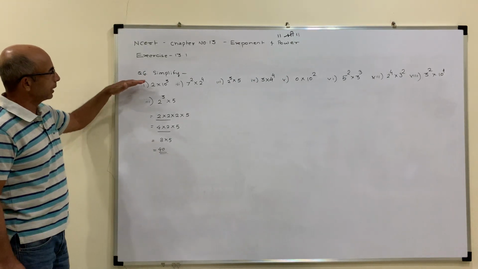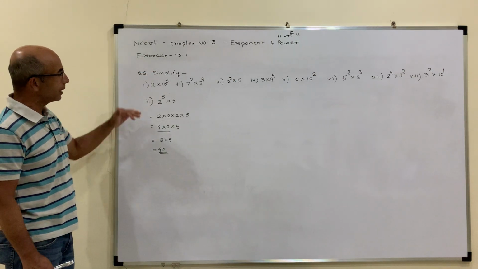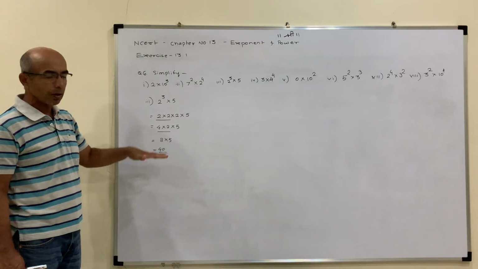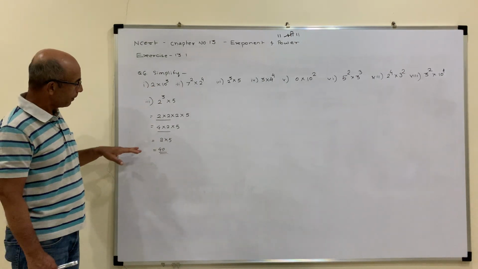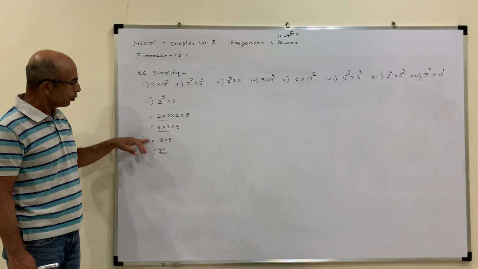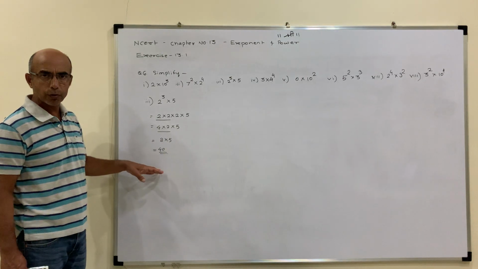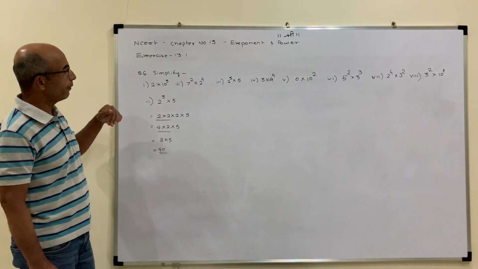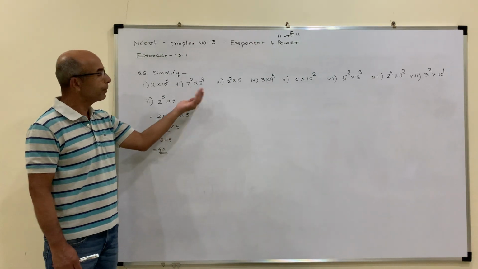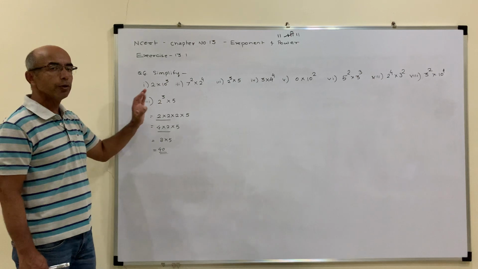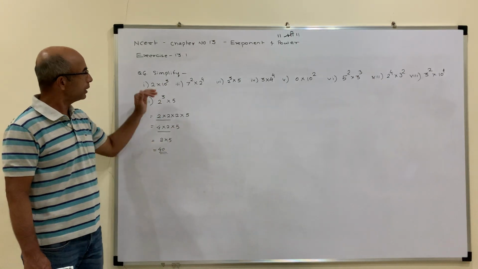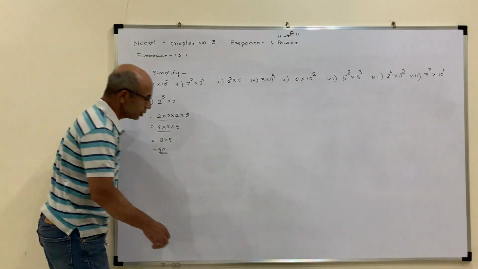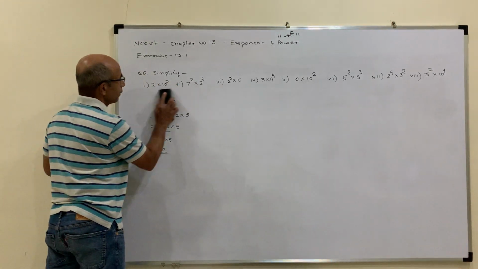Where we have smaller numbers, we can do the multiplication. We need to understand this: what it says is simplify. It doesn't say solve. So you need to simplify to a number. But if you know the product, like say 8 5s are 40, then even if you do the multiplication and put the answer, that's okay. But where the number is bigger, like the previous one, you don't have to kill your time in doing the multiplication. It doesn't say solve, it says simplify. Okay, so now we move on to the fourth one.